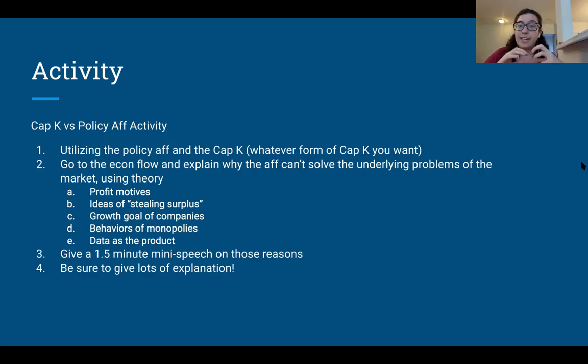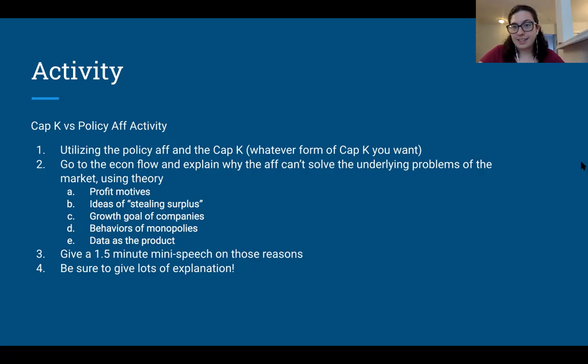If the aff can't actually solve for that, then what does that mean for the actual stability of the economy? As they explained, if you can't break up the behaviors that caused Amazon, then what good is breaking up Amazon? Fourth is a lot of these behaviors of monopolies, such as predatory pricing and market allocation and price fixing. And then fifth, which is